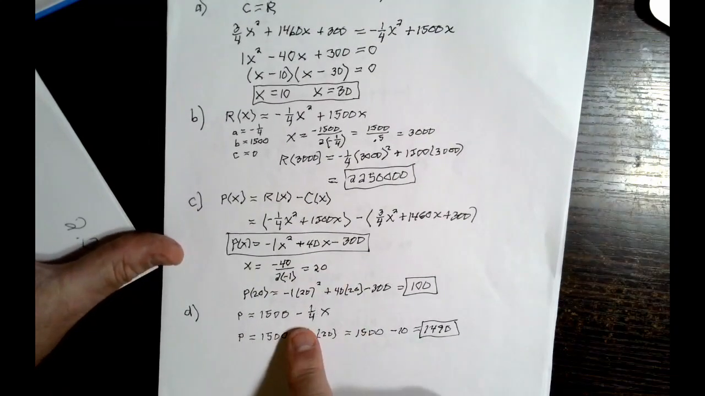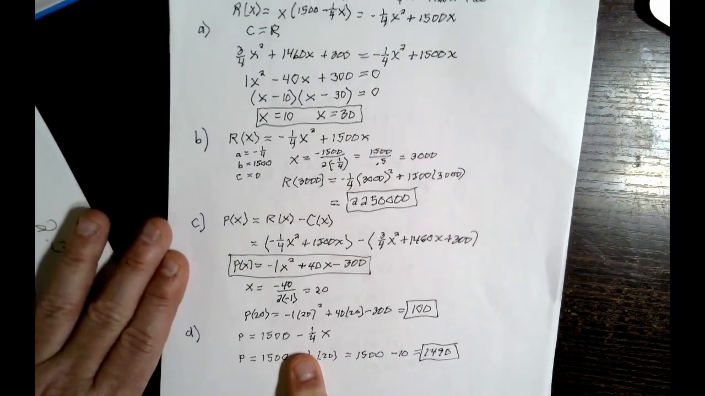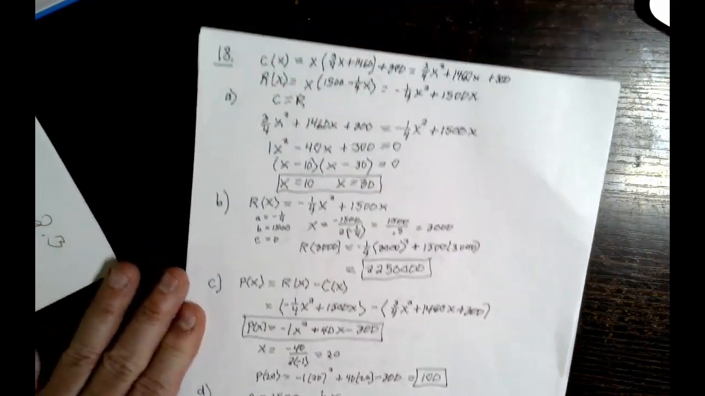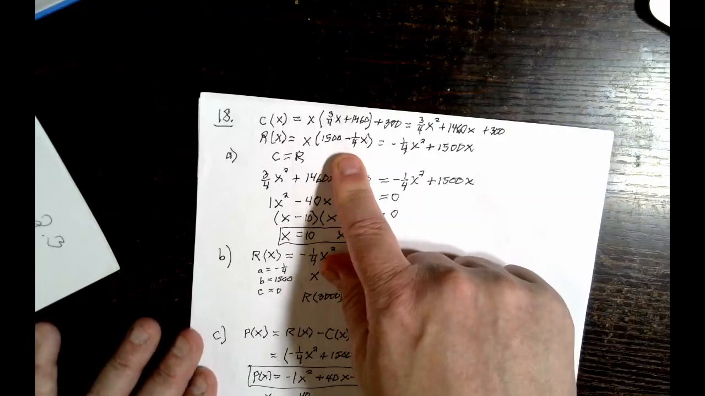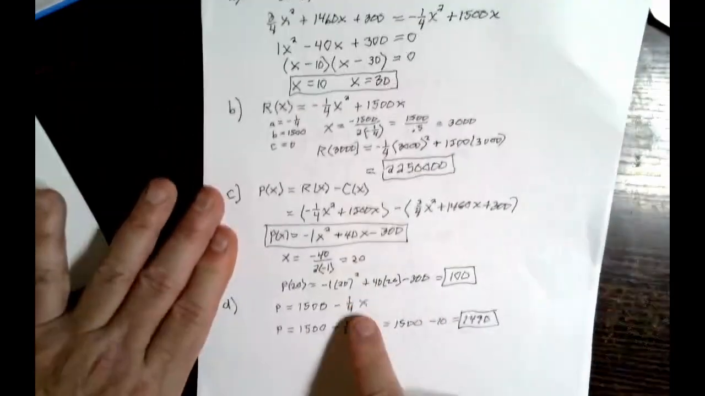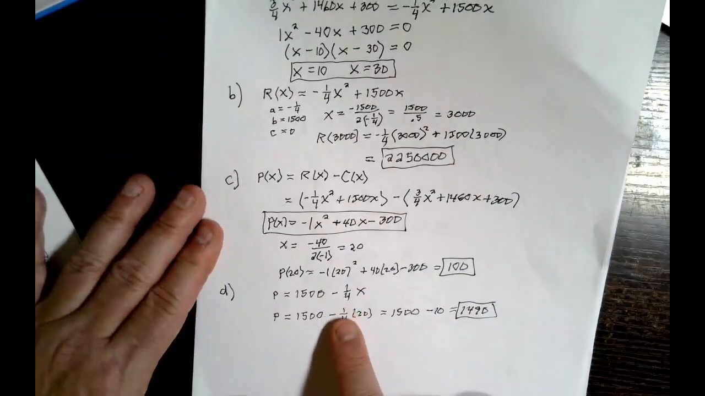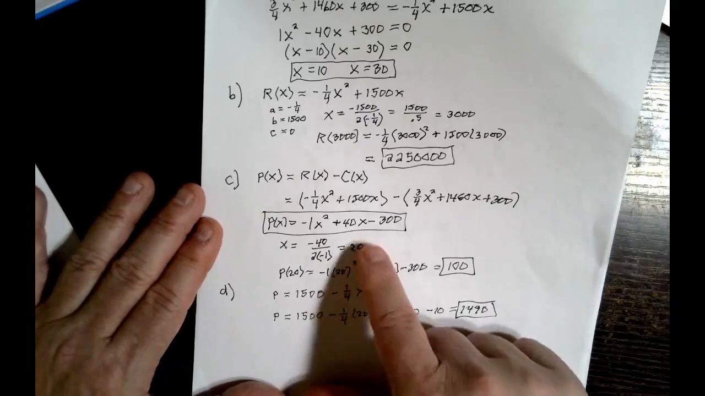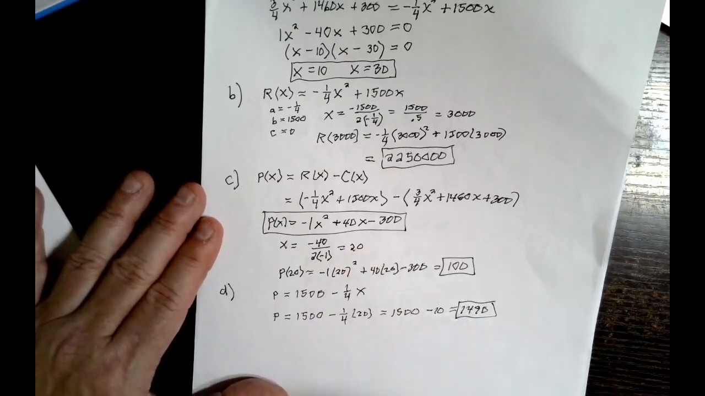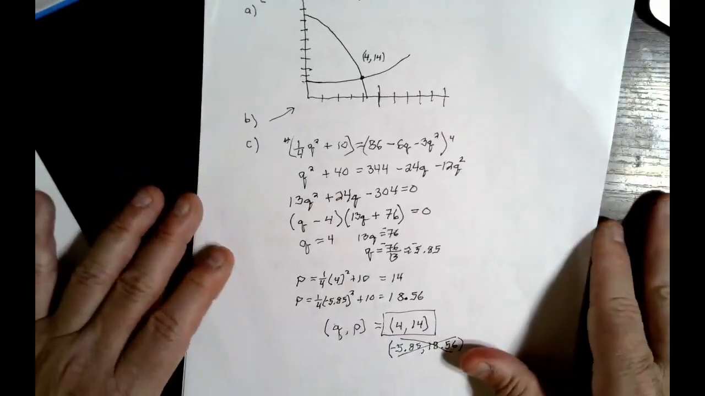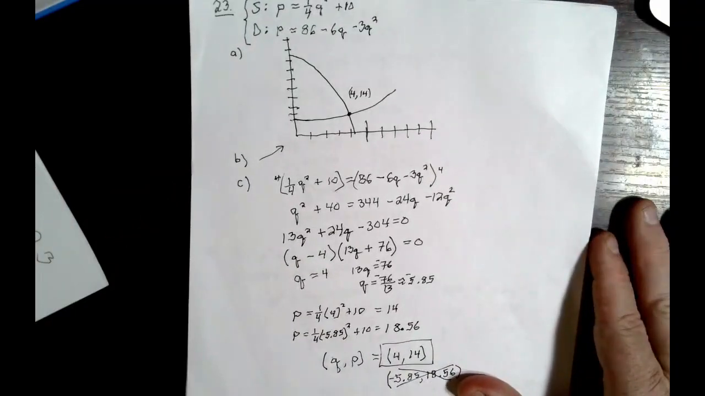Okay, and then here they ask you what the price is. And so now, go back to the original problem, you know what your price is: 1500 minus 1/4 x. Okay, and so you plug in x equals 20 into this guy and you get 1490. Alright, and then 23